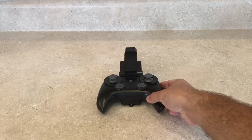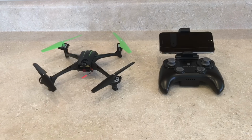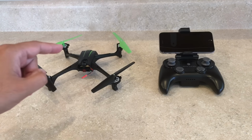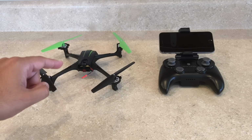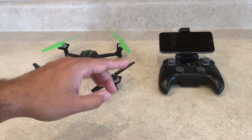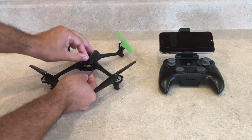Now let's take a look at setting the quadcopter up for its first time flight and its app. Now, setting the drone up for its first time flight is very straightforward. Once you have an SD card inserted into the rear of the drone and a fully charged battery inserted into the drone, along with fresh batteries inserted into the transmitter, you would start out by activating the drone and connecting